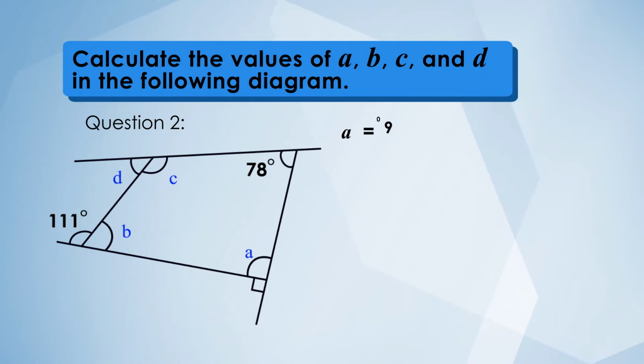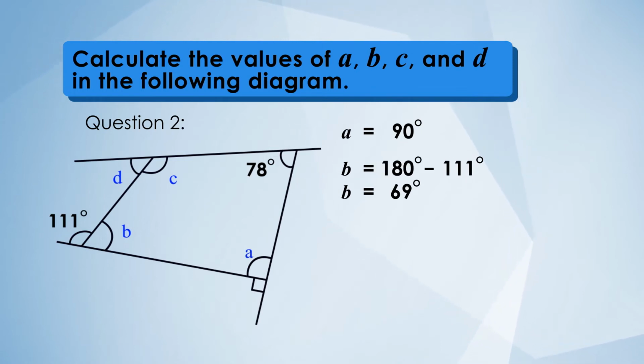Angle A is 90 degrees. We know this when we subtract 90 degrees of the exterior angle from 180 degrees. Meanwhile, angle B is 69 degrees. We know this when we subtract the exterior angle of 111 degrees from 180 degrees. We can now find the value of angle C, as we know that the sum of interior angle